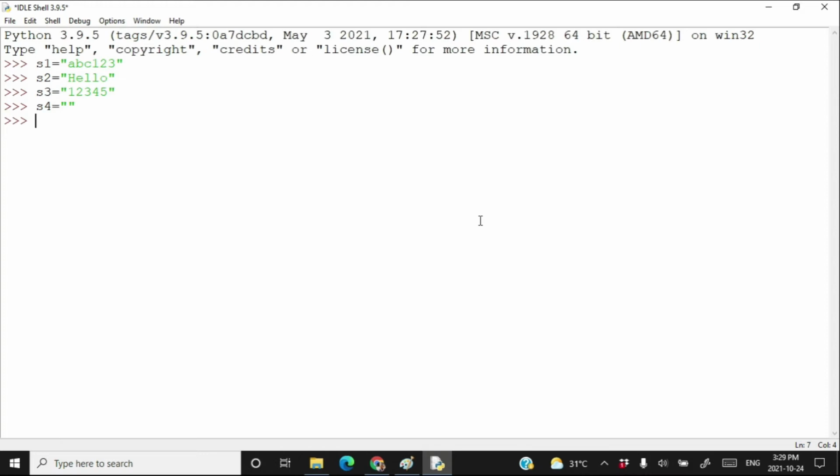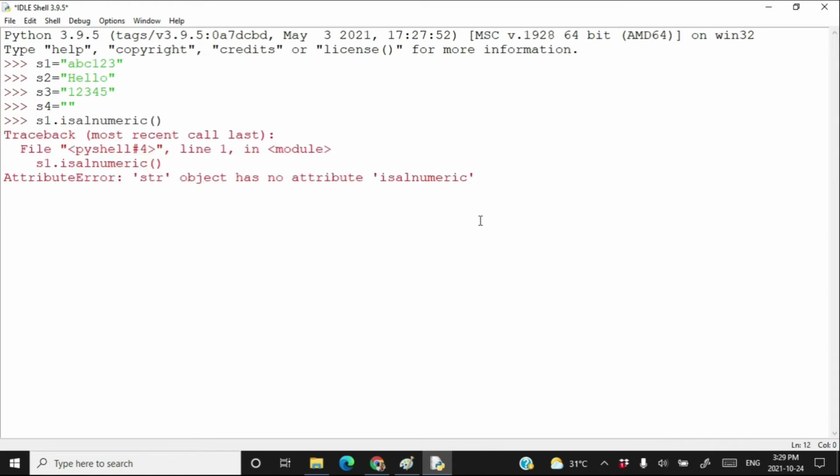Let's call the method with all these strings. s1.is alphanumeric. Press enter. Sorry, this is not the method. You have to write isalnum.